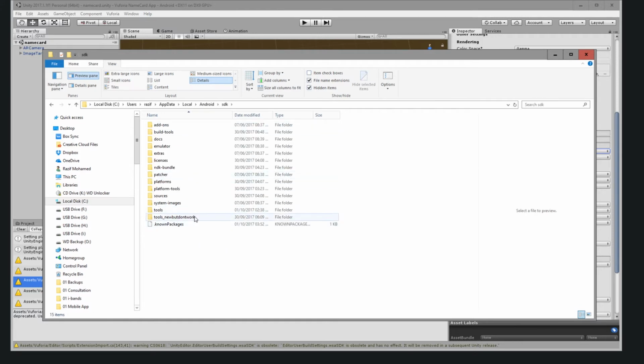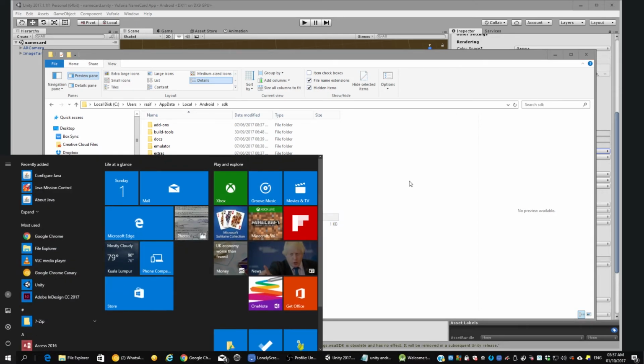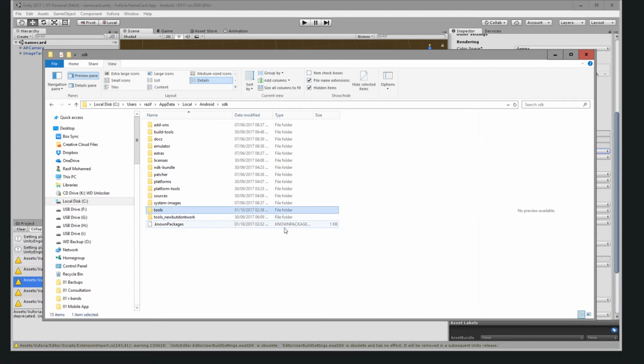So you see I already done a bit of tweaking. What I did is the actual tools folder, I've renamed it to something else, and then I basically paste the one that we have, we unzip from the zip file and put it here, right? So if you don't want to do this, what you need to do is just basically delete the tool folder and copy over the new one that we have to this folder, and that's it. Okay,